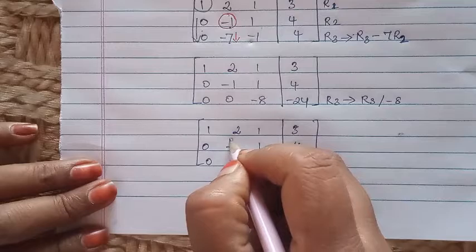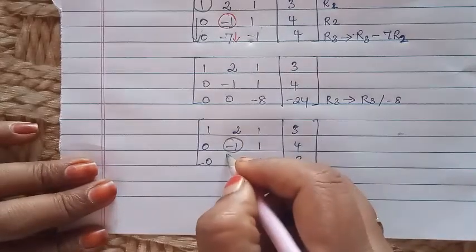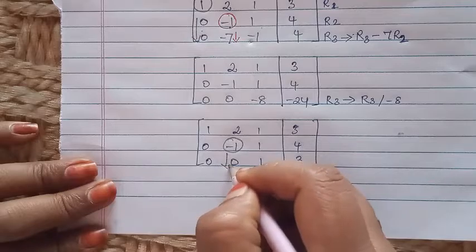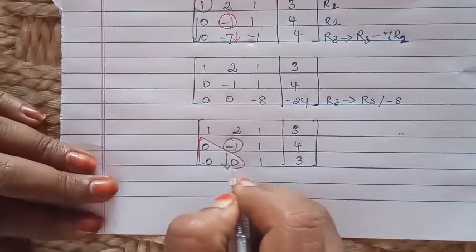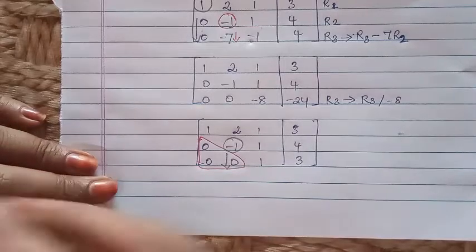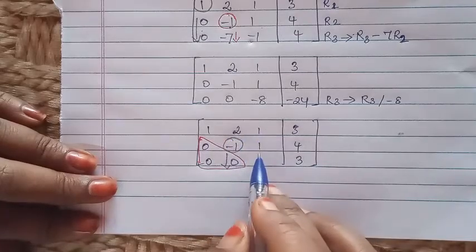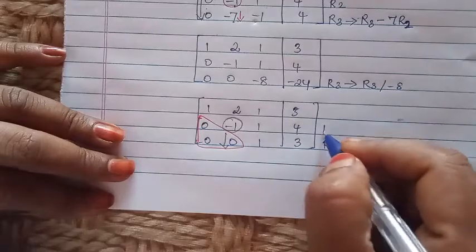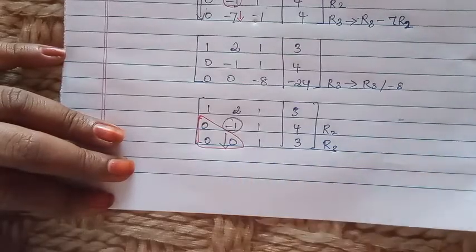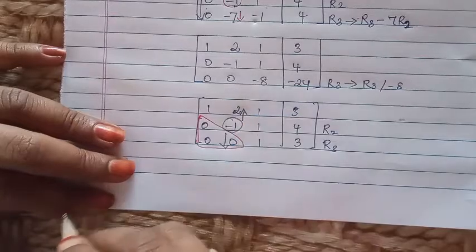Now our second target is also achieved. Second diagonal element is minus 1 and the elements below that have been reduced to 0. Reduce the matrix to upper triangular matrix. Now let us reduce it to the lower triangular matrix where we want to make these 3 elements 0. There is no changes in row 3, no changes in row 2 also. So now our target is to reduce the element above this diagonal to 0.